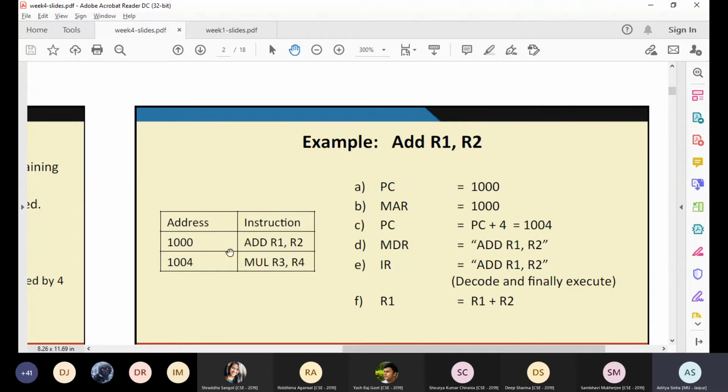But right now, just for this example, I am asking: if at address 1000 there was add R1 R2 and at 1004 there is MUL, multiply the values of R3 and R4, is there any possibility, if we are following multiple bus architecture with pipelining support, of parallelism happening here? Like when it is decoding this instruction, can the instruction at 1004, multiply 3 and 4, get updated inside, say, MDR, or MAR will get the value of 1004? Do you guys think that can happen? It can happen, sir, there is some essence to it.